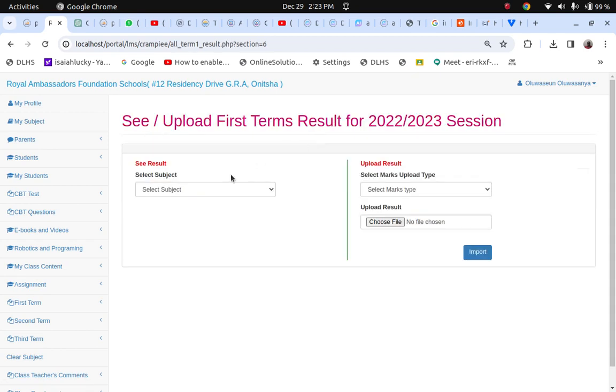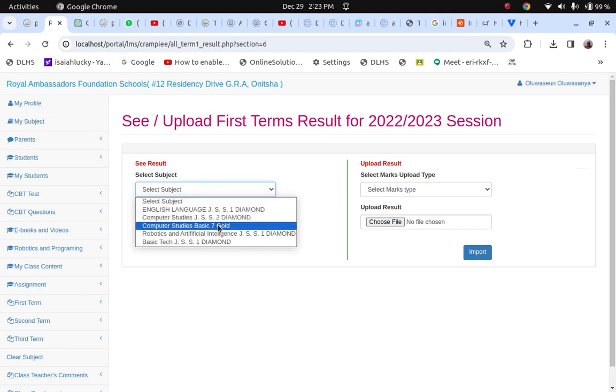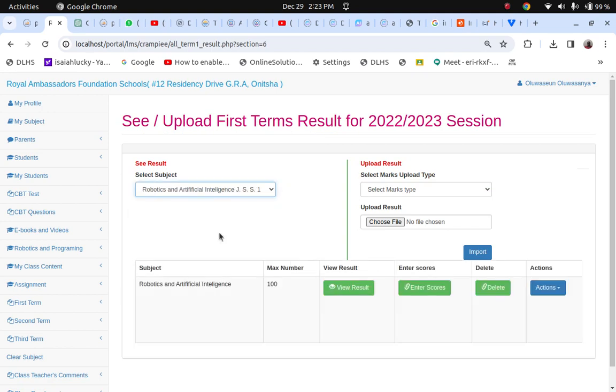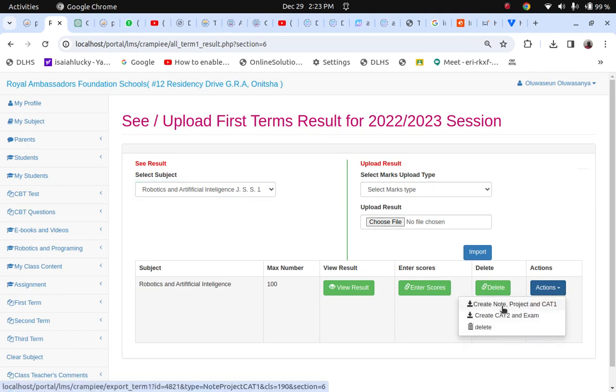But there is another option for not entering the scores one by one. Now, if you look at this point here, you will see create note, project, and cat 1. Then the second one is create cat 2 and exam. Now, this is tailored because for the school that is using this application, they operate a model. Their model is